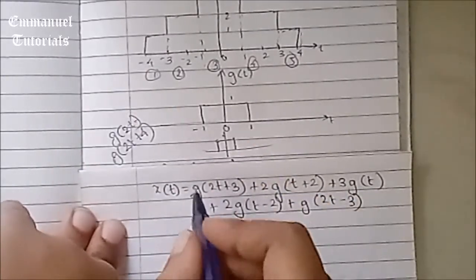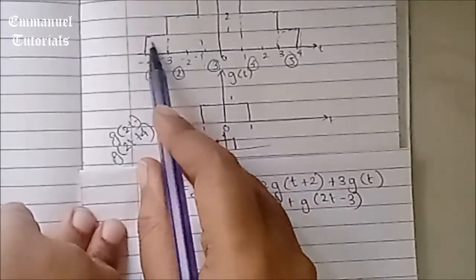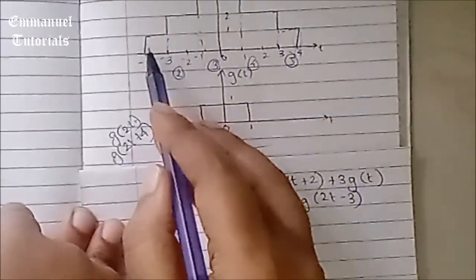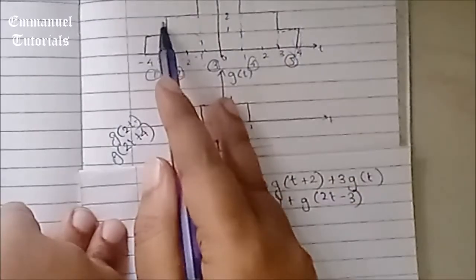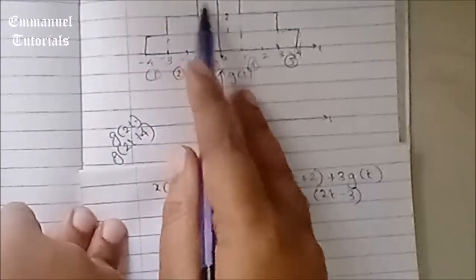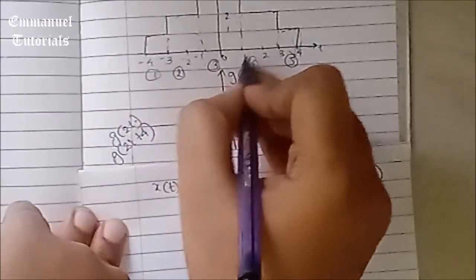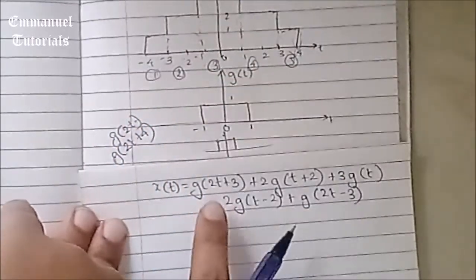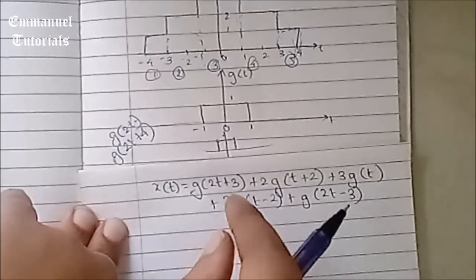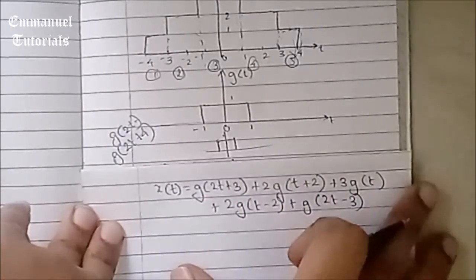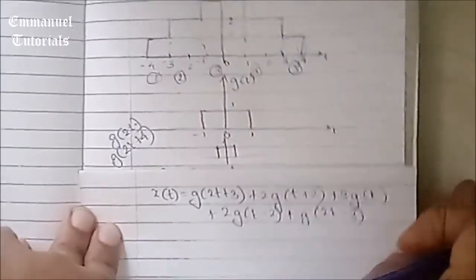There's another way you can do it, where you have g of t, a time scaled version of g of t, plus another time scaled version of g of t, just the way we have divided into portions. But usually this shifted version is expected in the exam, so you can use this expression. Hope you understood the concept.